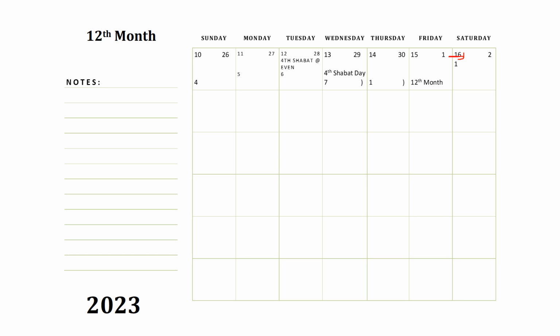Let's see if I can make it. No, let me erase it. But what I'm saying is make sure that you can read the letters inside the background. Make sure it's legible. All right. Let's see, get my pointer going. Okay, there we go. 16th day of the solar month, second day of the lunar month, first day of the work week. Okay.